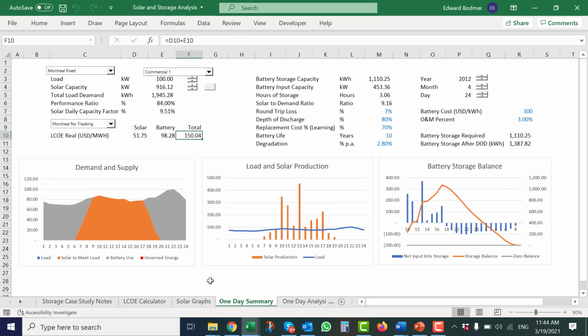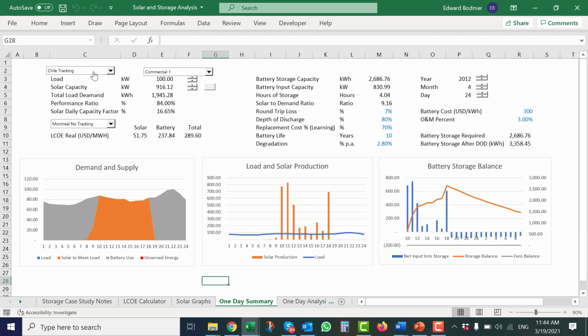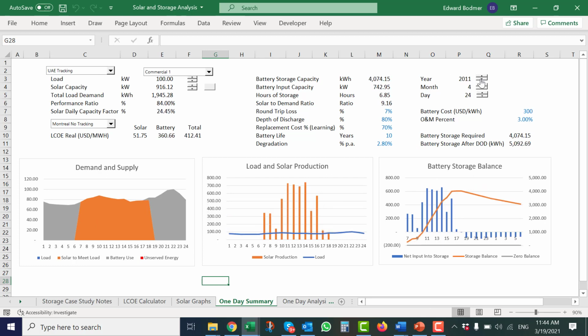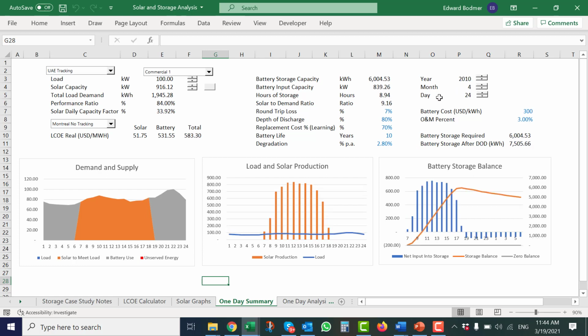So if we take exactly these parameters and now we switch it back to Chile, not the, you know what I mean, the country. And, oh, shoot, we had a bad thing. I'm going to cheat. I'm going to put UAE back here. And notice, there was a little bit of problem here. Maybe I should go down to 2011. Oh, see, in April, maybe they got a couple of clouds in UAE. But by the time you get to June and July, you don't.